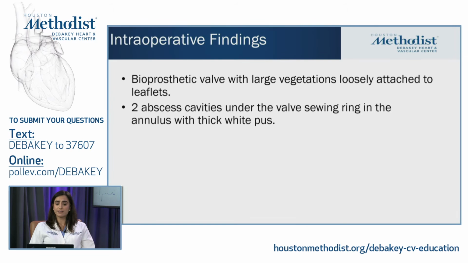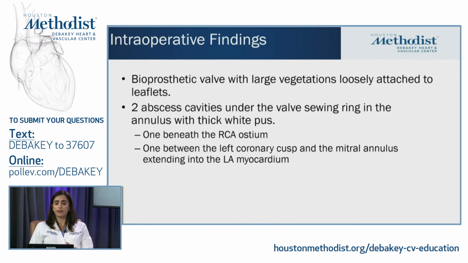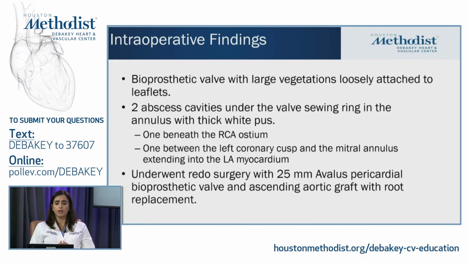There were 2 abscess cavities visualized around the sewing ring with active pus in that area. One underneath the RCA ostium, the second was by the left coronary cusp and into the mitral annulus and extending actually within the left atrial myocardium. So extensive surgery. He underwent not only aortic root replacement, but an aortic graft and an ascending aortic replacement, and